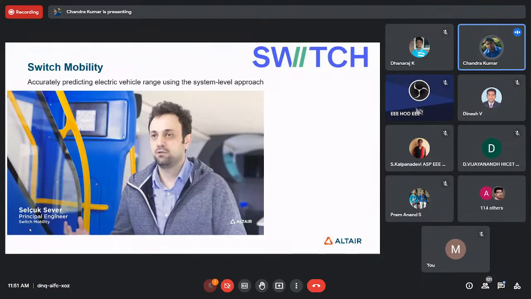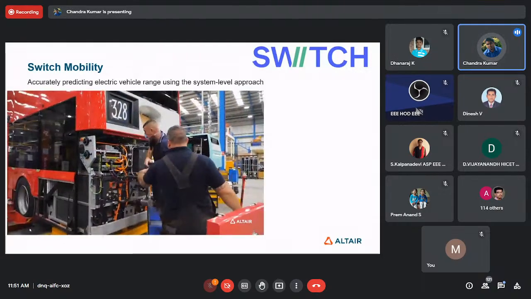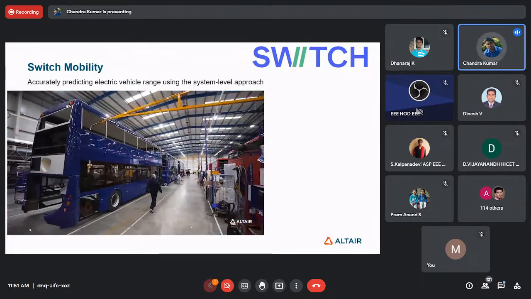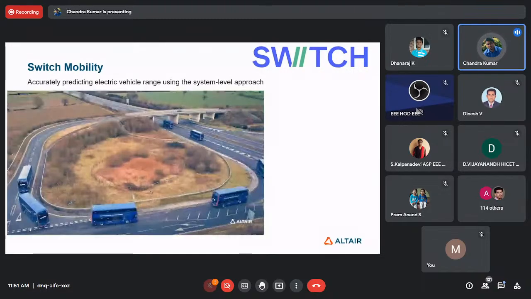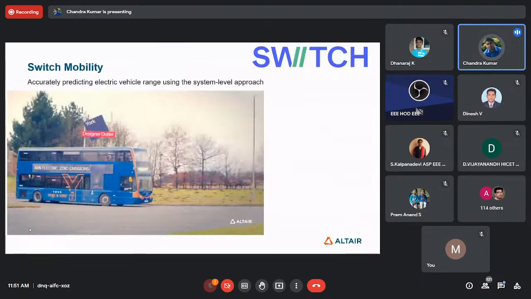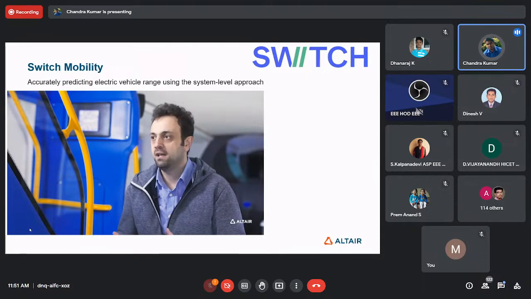Electrified section of Ashok Leyland and the Optare in the UK. Range prediction is the hot topic. Since the battery electric vehicles don't have as much range as internal combustion vehicles, we needed to understand which parameters affect the battery range and its performance most. Altair's responsibilities with the project was delivering proof of concept simulation work, which has alignment with the real life data.